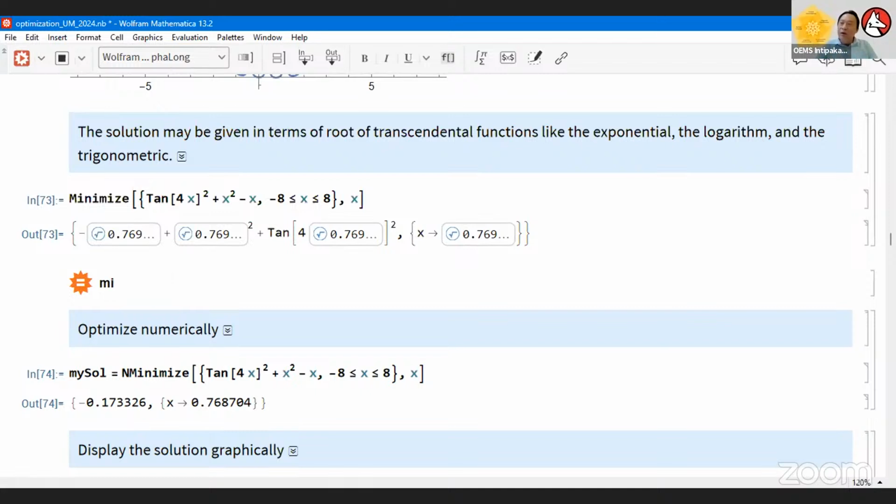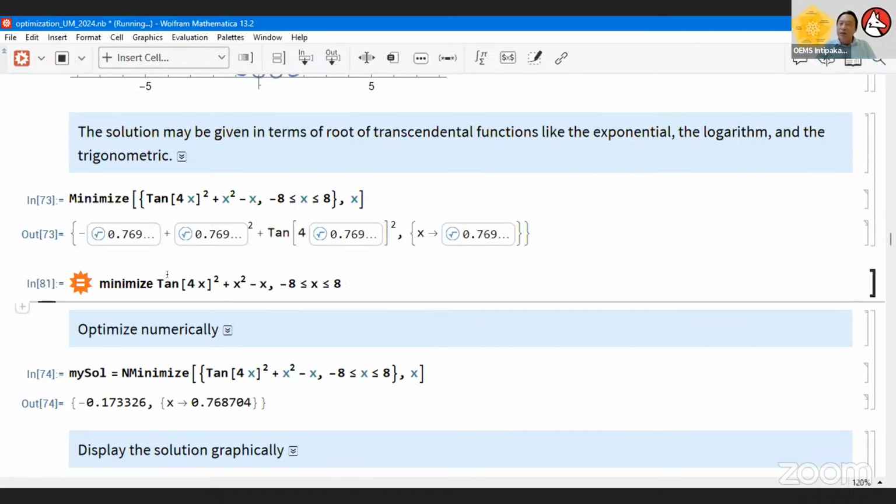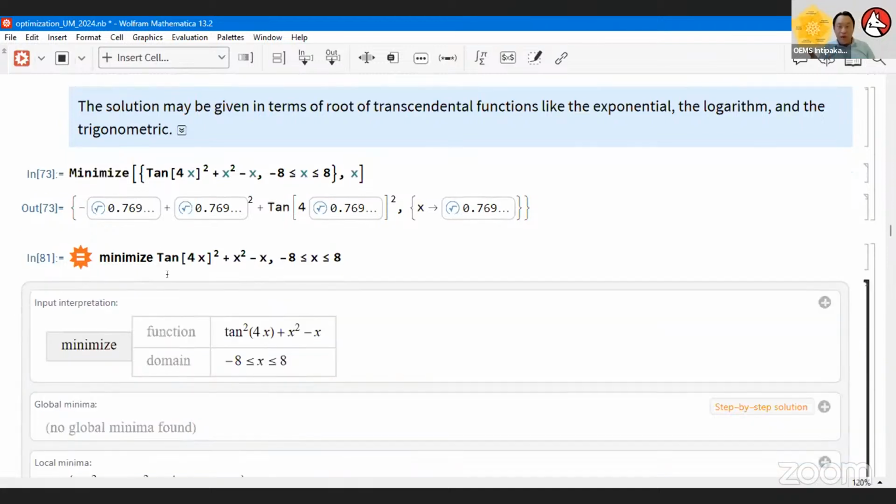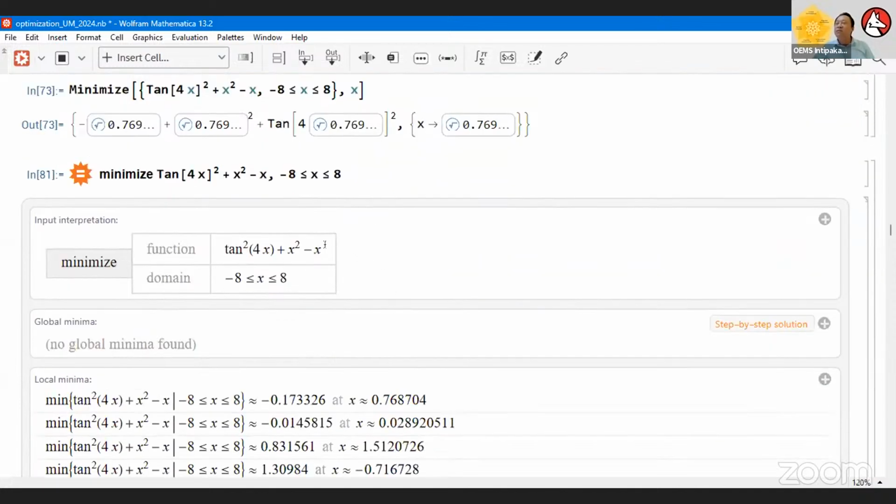So if we say, hey, could I minimize this thing? I just type in plain English. Now I hit this, and the system will automatically go through the whole process of searching for the optimum point for us. Because we are using natural language input, you need connectivity to the internet. The system tries to figure out what your instruction is, figures out what method to use, and figures out what the proper syntax should be. Now you can see the system realizes this is something we are trying to do.